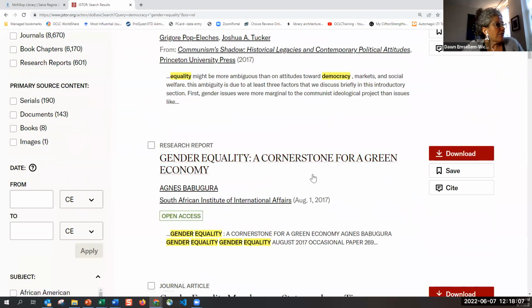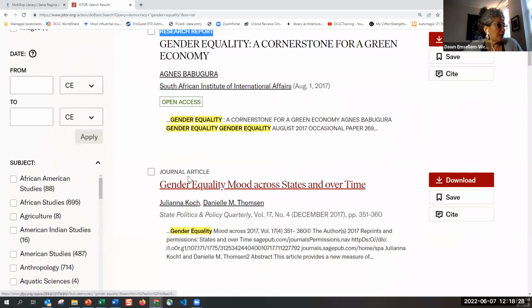And here we have a cornerstone for green economy. So here's an example. Now this is titled a research report. I'm not sure if this is peer reviewed because it's not a journal article. It might not be peer reviewed, and if it's required for you to use peer reviewed sources, it might not be the first choice. Here's a journal